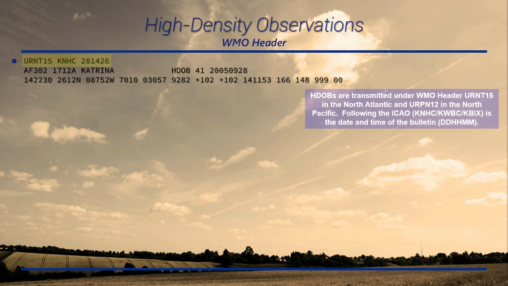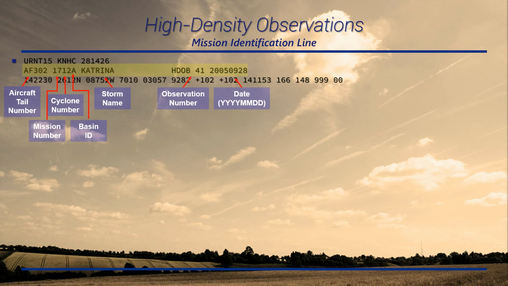Very top line, of course, is our WMO header, so URNT15 identifies this as a high-density observation. KNHC, of course, is the main National Hurricane Center identifier and the date time group. So this was from the 28th day of the month at 1426 Zulu. Next line is our mission identification line. Of course, as standard: aircraft tail number, mission number, cyclone number, basin identification, storm name, and then